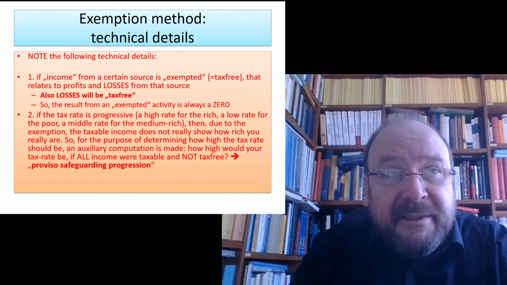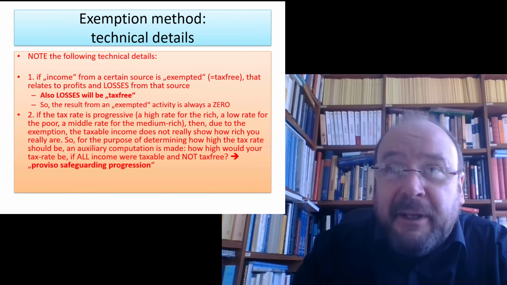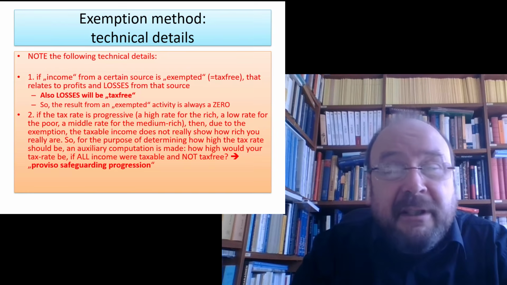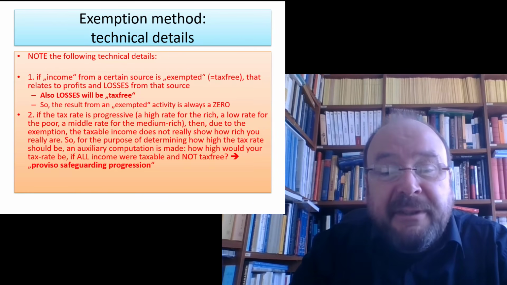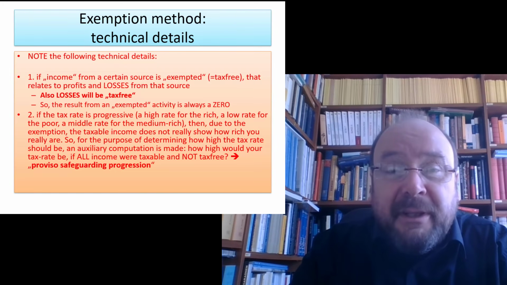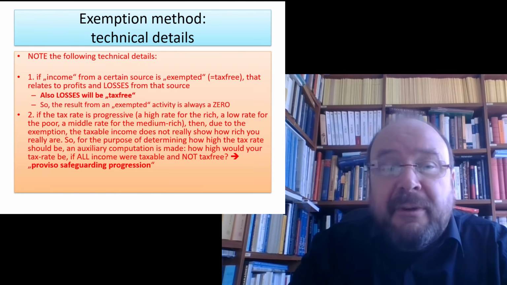Then you would have to ask your law, what is the adequate, socially adequate, just and fair tax rate for somebody who has a worldwide income of 500,000? Then there is only one way to find out. Calculate what a 500,000 person would normally have to pay. By the way, under the current legal situation, it would be approximately